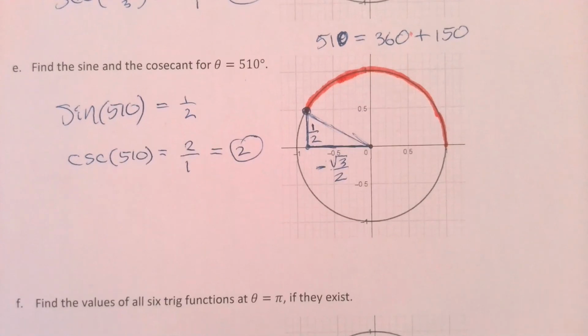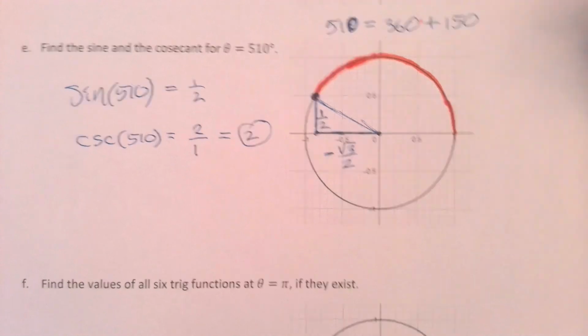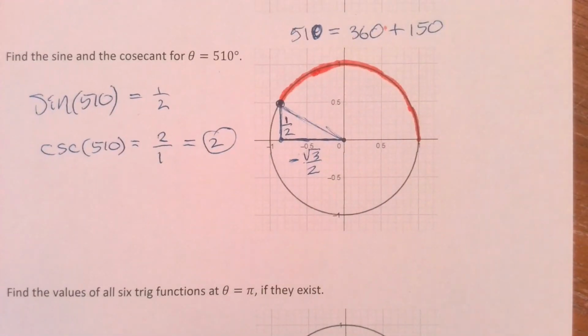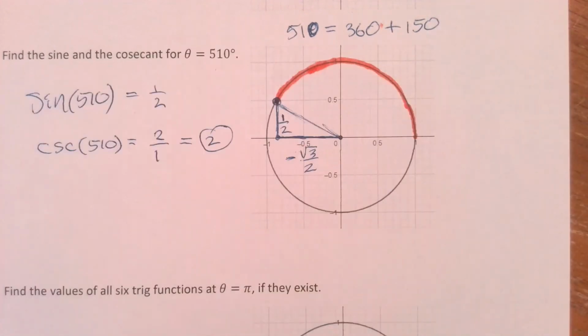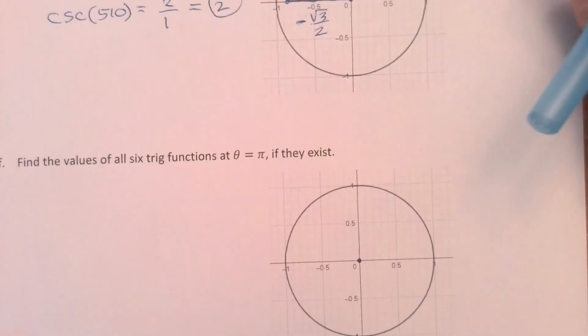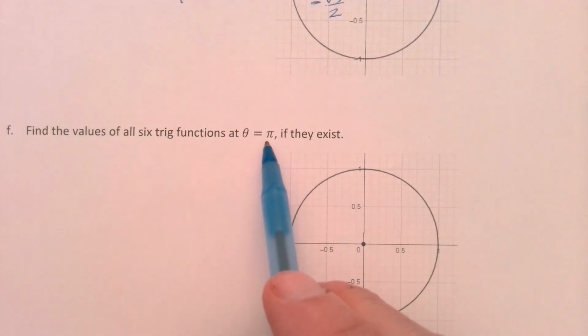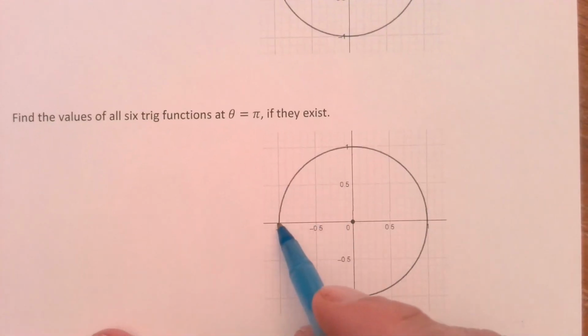Okay. Now I've got 2 more examples, and then we'll say goodbye. On these last 2 examples, we run into a problem where these 2 triangles we've worked with today won't fit. And you know you're up against this anytime they give you an angle that is either 0 or pi or 2 pi or 3 pi. Any multiple of pi is going to either put you right here